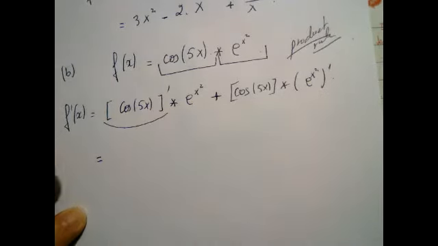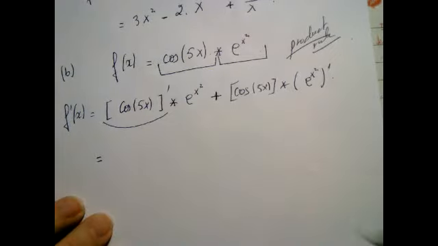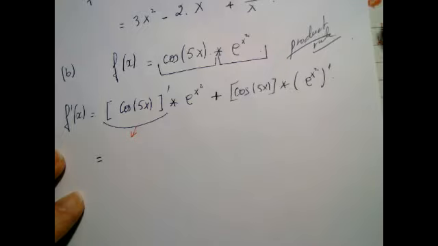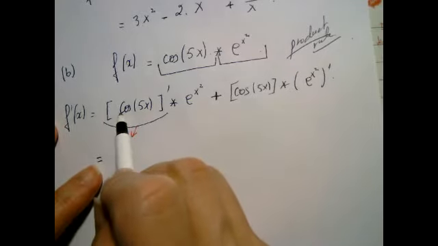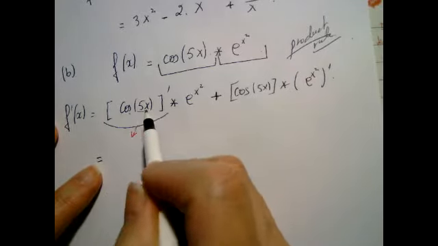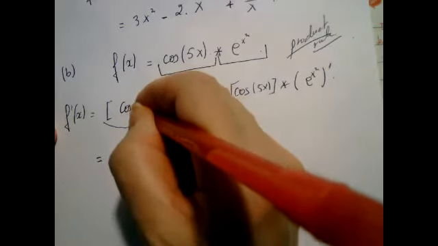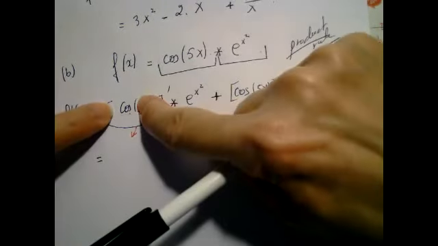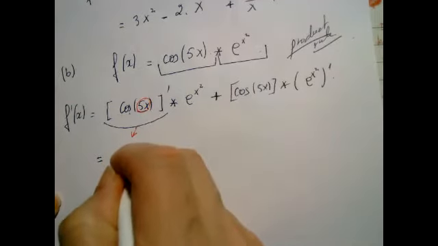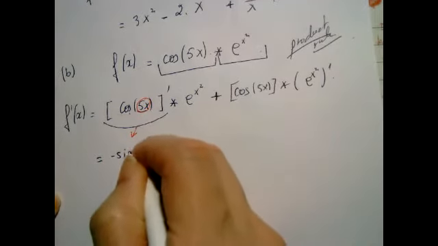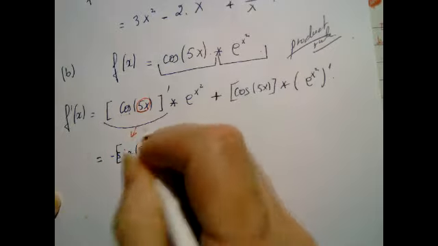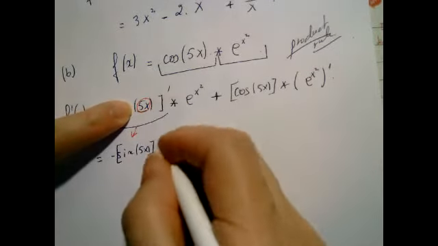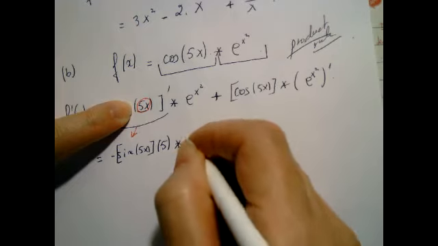Okay, what's the derivative of cosine 5x? Get going quickly. And which rule do we use? Chain rule. You have to use the chain rule. So what's the derivative of cosine 5x? The outside is the cosine, the inside is the 5x. So it's the derivative of the outside, which is minus the sine of 5x, times the derivative of your inside, which is 5, times e to the x squared,